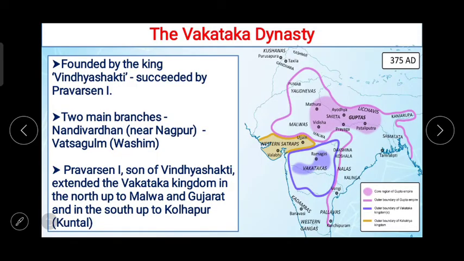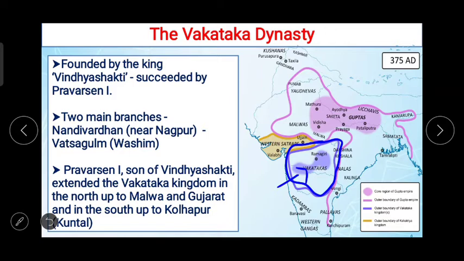Next one now, the Vakataka dynasty. Here on the screen, first of all, try to understand this on the map. First we have to look at their kingdom, go to the map to understand it, and understand which region it was. So here,